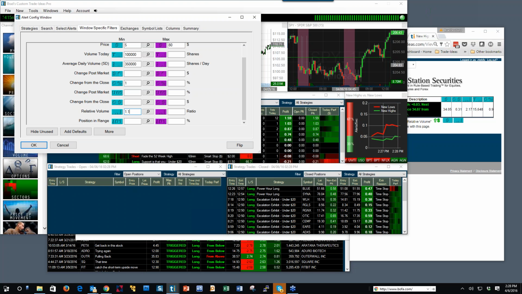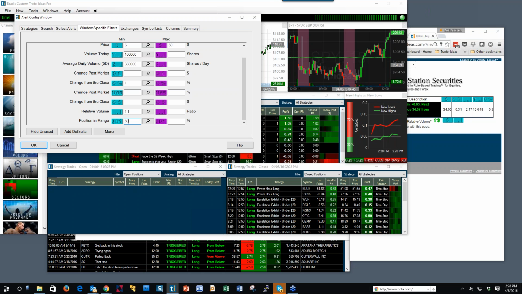1 is normal. So if I put a 1 there, that means it has to be doing at least normal volume. I'm putting 1.1. Position in range: where is it in relationship to its intraday high or low? Let's say it's got to be in the upper 20% of that range for the day. And again, guys, I don't know what I'm doing here. I'm just kind of